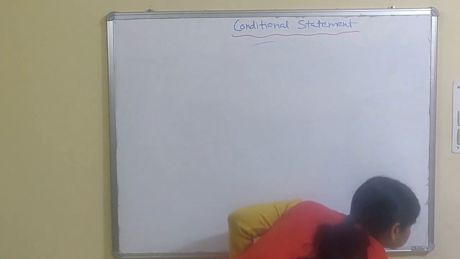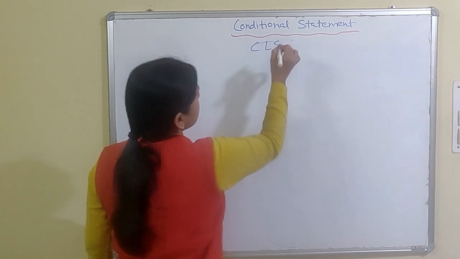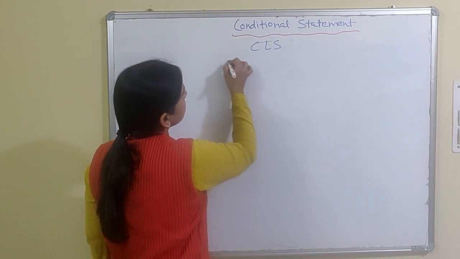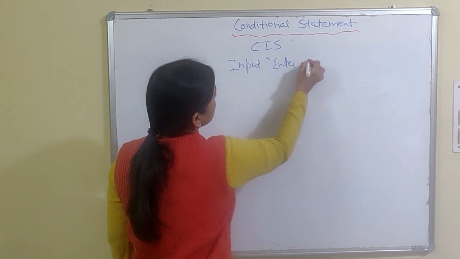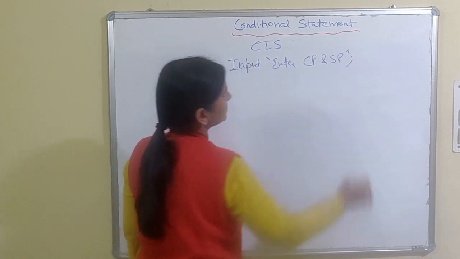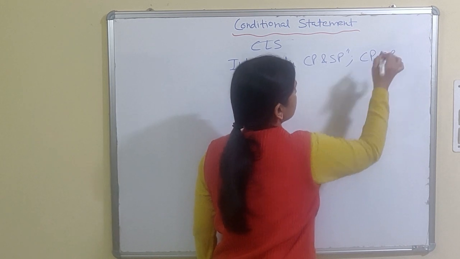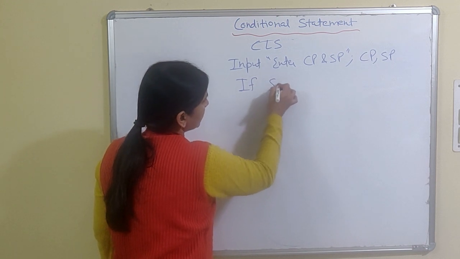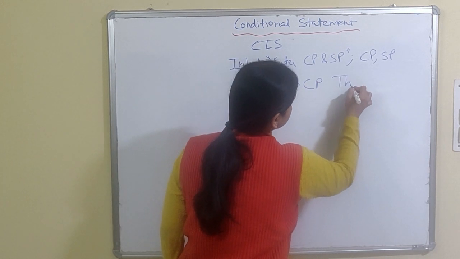So let's start. First is CLS. Fine. So CLS, then input, enter CP and SP. Fine. CP, SP. Now the condition. If SP greater than CP, then